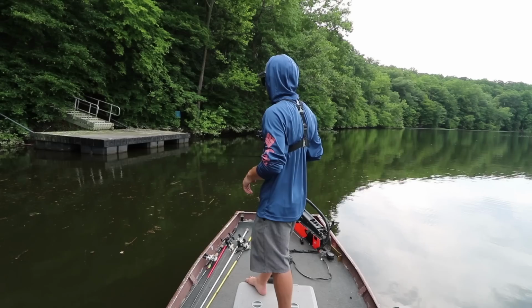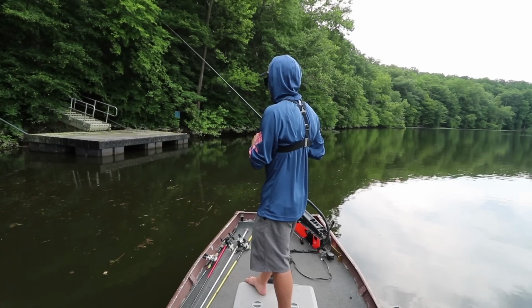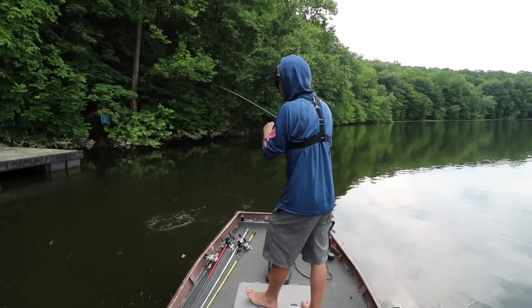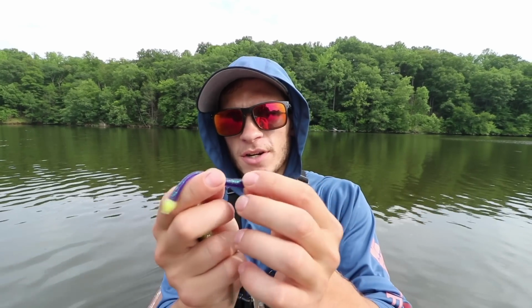All of you guys know as well as I do that in the summertime when the fish get deep and the bite just really turns off, sometimes you're like, what do I do? What can I throw? I've tried everywhere, I've tried everything. Downsize a little bit and throw a drop shot, and I promise you, you guys are going to get more bites. So let's take a look at these two baits out of the package really quickly, starting with the Plasma